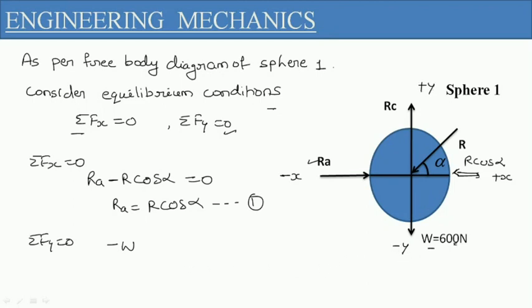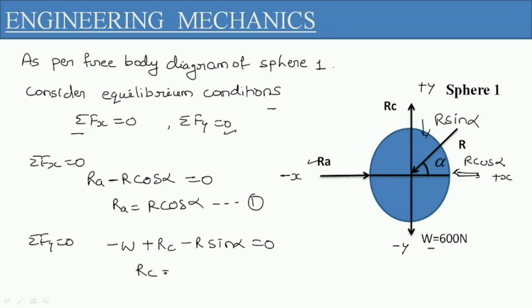So it will be minus W, and another force that is acting in y direction, that is RC, but RC is acting in positive y direction, so it will be positive. And another force that is another component or vertical component of R, so it will be this particular component which is acting in downward direction, so it will be R sine alpha. And since it is acting in downward direction or in minus y direction, so it will be minus R sine alpha, and that is equals to 0. So we will define the another equation with the help of this particular equation.